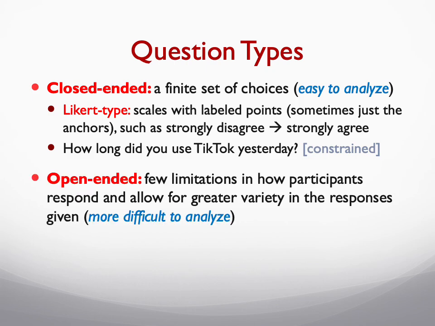And then open-ended questions, conversely, provide few limitations to how participants are responding, thus allowing for greater variety and greater diversity in the responses that they're giving. The limitation here being that these are going to be more difficult to analyze. If I'm letting them respond in all kinds of different ways, I'm going to have to try and make sense of all those different ways and try to consistently and systematically transform those open-ended responses into numbers that I can actually statistically analyze. So there's going to be an extra step in there. I can't just take these estimates from 1 to 5 and analyze them. I'm going to have to turn this open-ended, in many cases verbal, description into numbers that I can actually do